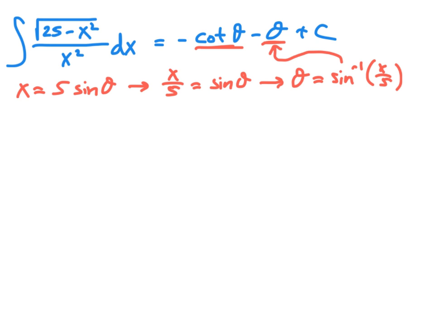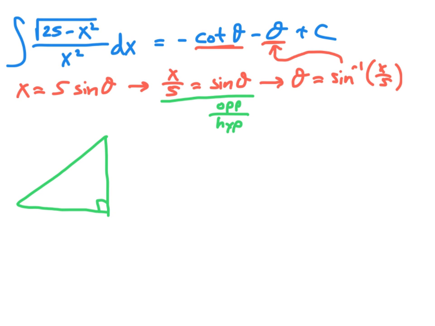And this expression can be substituted in for theta in the second term of our antiderivative here, and it involves x, and so this gives us half of what we need to convert back to x. We also have to figure out what cotangent of theta is in terms of x. And to do that, we can use a right triangle approach. So we know here that x over 5 is equal to the sine of theta, and we know that sine of theta, when thought of as an angle in a right triangle, is going to be the opposite over the hypotenuse. And so we can form a right triangle